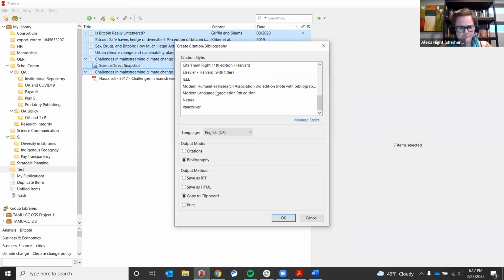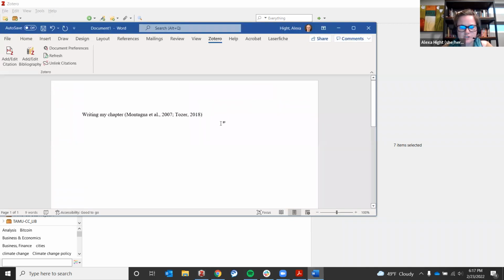If you're writing an article for a particular journal, they might have their own citation style. So you can see IEEE has their own, Nature has their own, but let's say I'm using MLA. I'm creating a bibliography out of this and I want to copy the information to the clipboard. So I'm going to click OK, go to my Word document